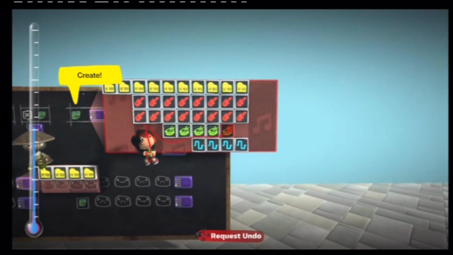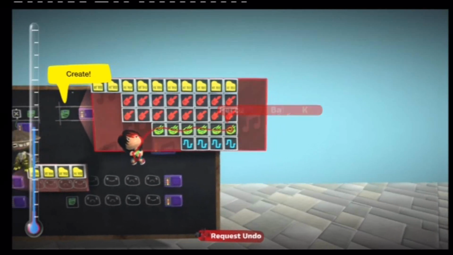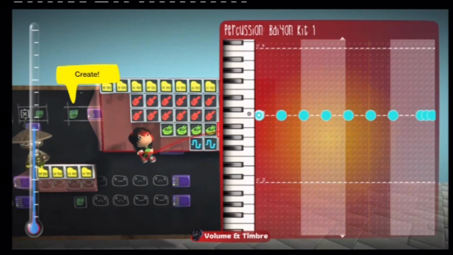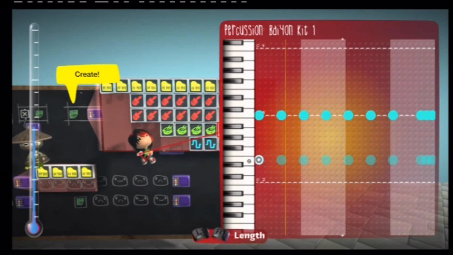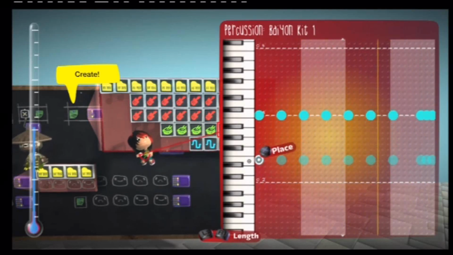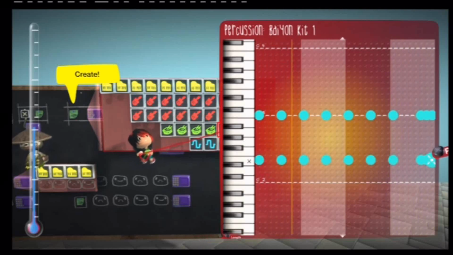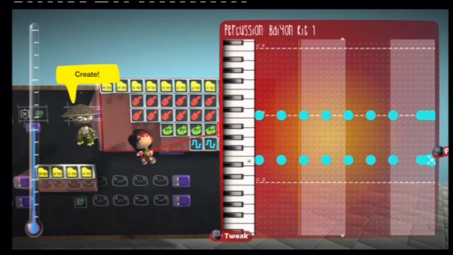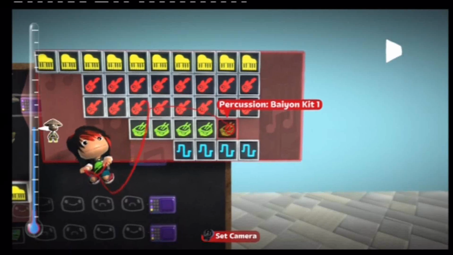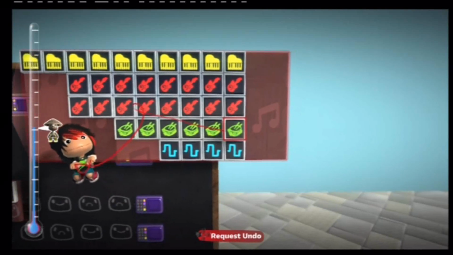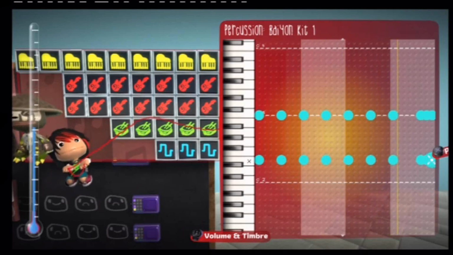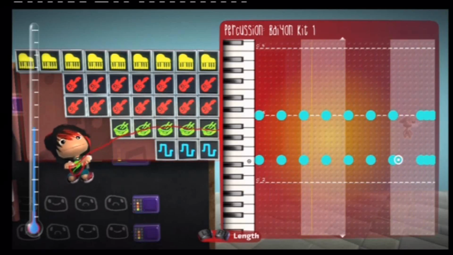Here I'm going to edit these drums, so not only with this, I'll add a snare, electronic snare, so it's coming in at the same time as the hi-hat, and it sounds pretty good. Now I'm going to copy that and place it on again, but this time I'm going to make